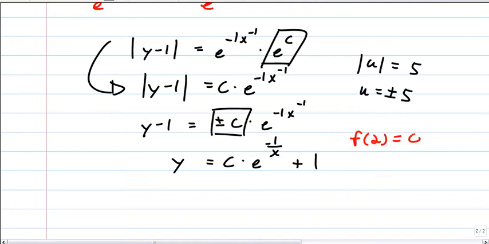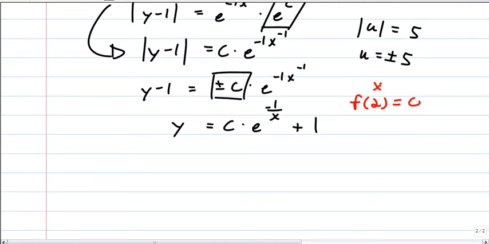They ask for a particular solution, not a general one, so you're going to have to get rid of c. So that says, hey, by the way, when x is 2, y is 0. So we got 0 equals c times e to the negative 1/2, plus 1. Okay, we can move the 1 over. So we got negative 1 equals c